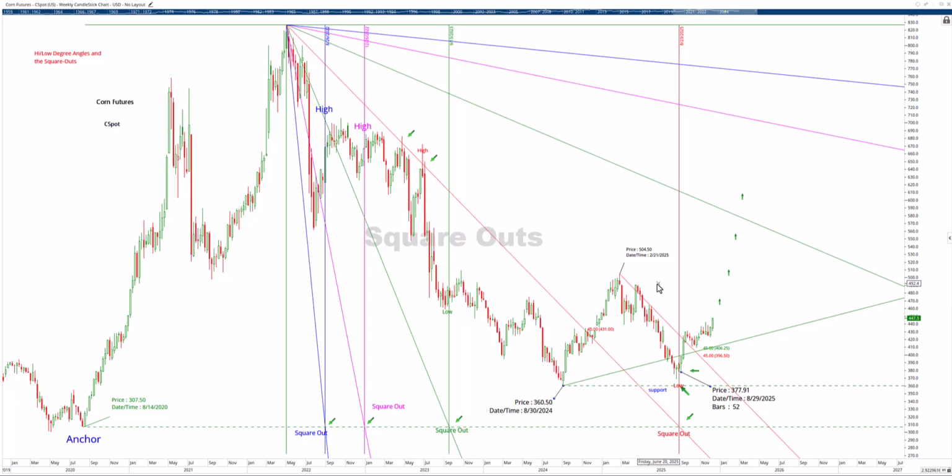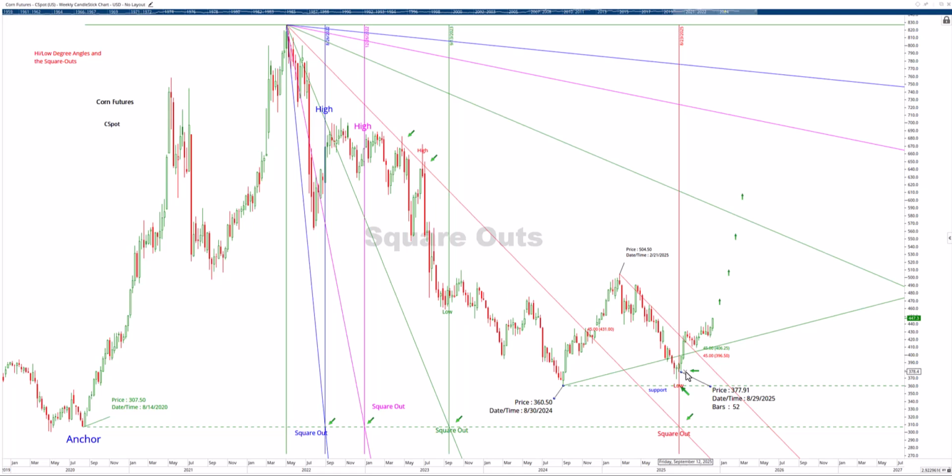That's all we're saying. And it's a very simple concept, but people can't wrap their minds around it because they're not used to looking at time. They're always looking at price. And I'm saying time is way more important than price. And no better illustration than with corn, where this red line crosses the level of the prior swing low. That's a cycle. That's when time and price are in balance, and that gave you the low, and then also the 52-week cycle. So you had two different cycles telling you that that would be an important low, and you might still have your doubts.